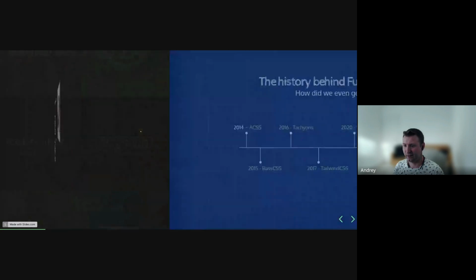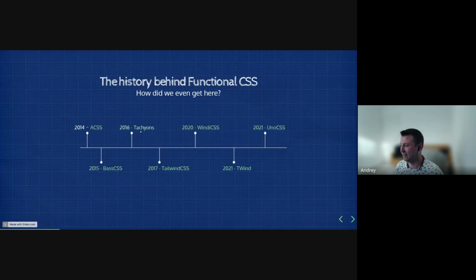I can call myself a real functional extremist, in the sense that I can prove to you that there is not a single thing in CSS that cannot be written in the functional way. And we will look at those things today in great detail. But first, let's understand how we got here, because some people, especially those commenting on YouTube,